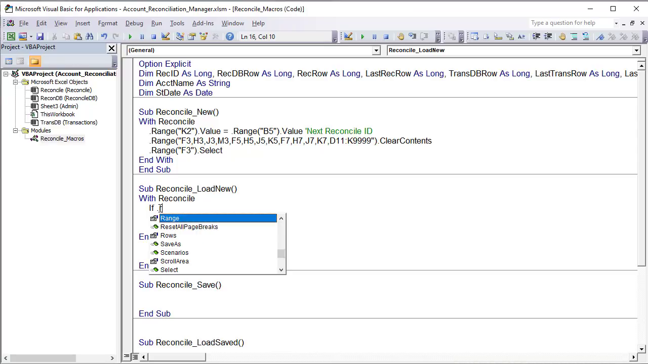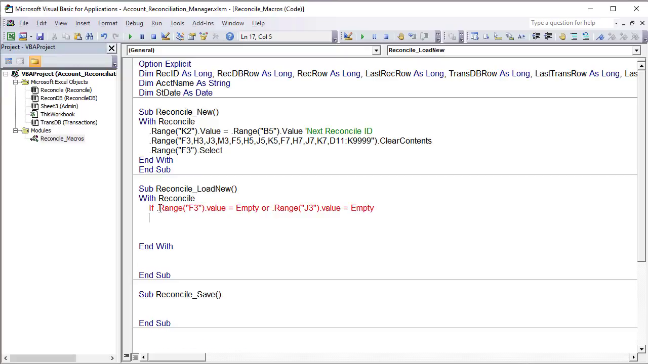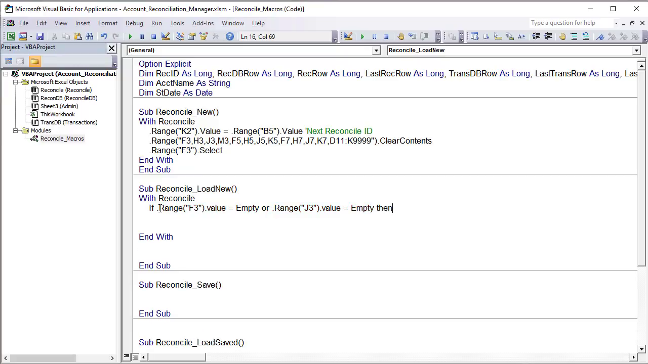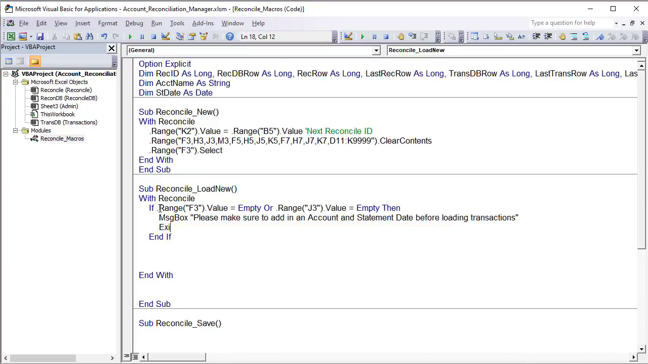So if dot range F3 dot value equals empty, or dot range J3 dot value equals empty, then we need to let the user know to please fill in those fields. Then, right, let's type in the then, message box, please make sure to add in an account. And we also want to make sure that we have a statement date before loading transactions. Exit sub. Nothing we can do until they do that. So assuming that they have, we want to make sure that everything's cleared, but we've got that covered. So that is it with the reconcile for the most part until we